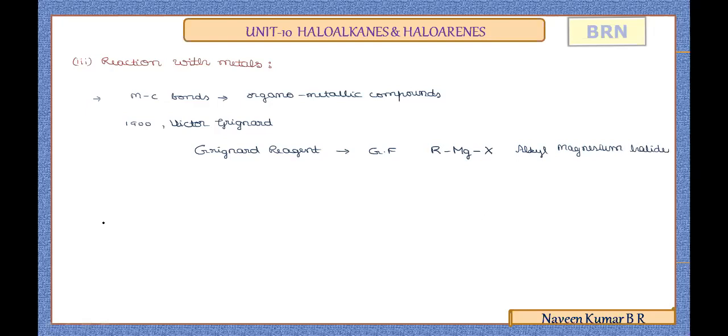Let us learn how this organometallic compound, Grignard reagent, is prepared. So we'll consider the preparation of Grignard reagent as the first type, in reaction with metals. Now if we take any alkyl halides, chlorides, bromides, or iodides, and treat with magnesium metal in presence of dry ether, the magnesium has a unique ability of cleaving the carbon halogen bond of the alkyl halide and will form a bond in between that halogen and carbon.